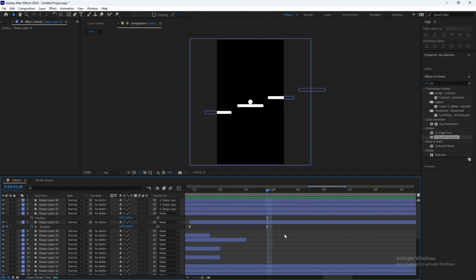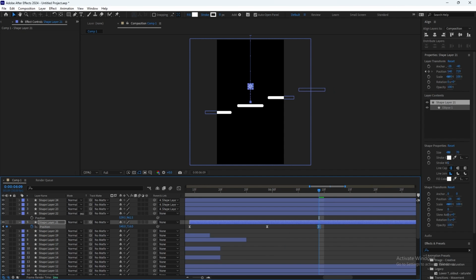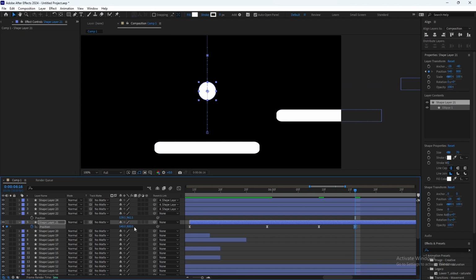And then for every jump that it goes up, do 10 frames and move it up like that. And then another like 1, 2, 3, 4, 5, 6, 7 frames that it moves to here.